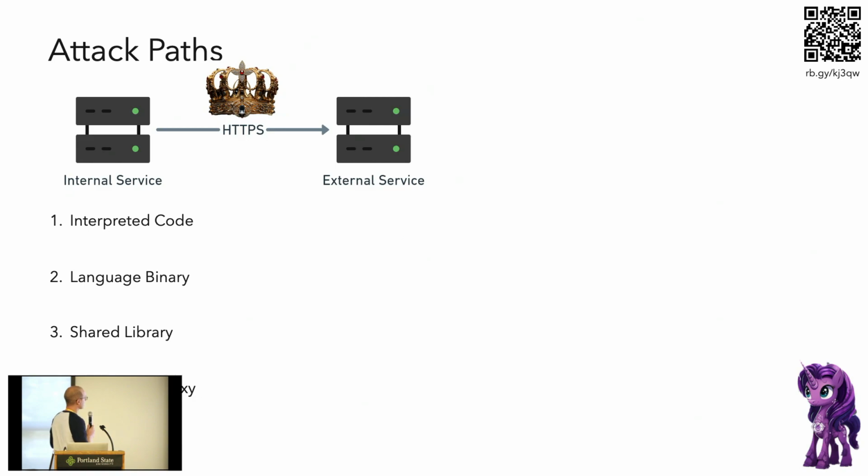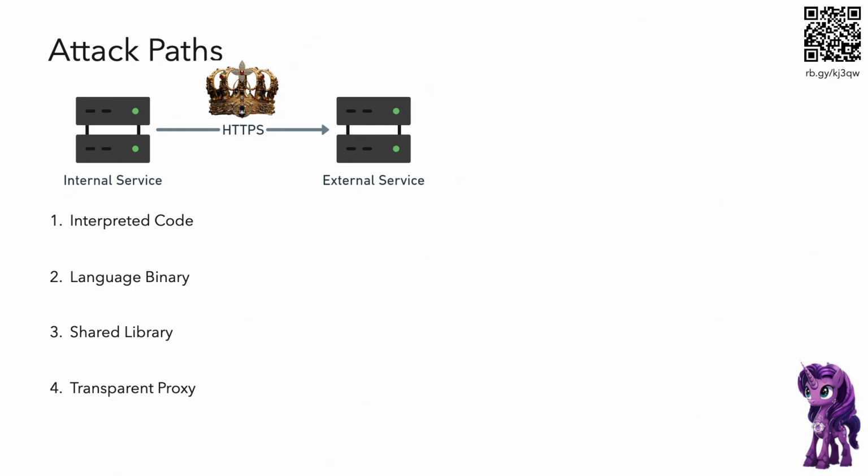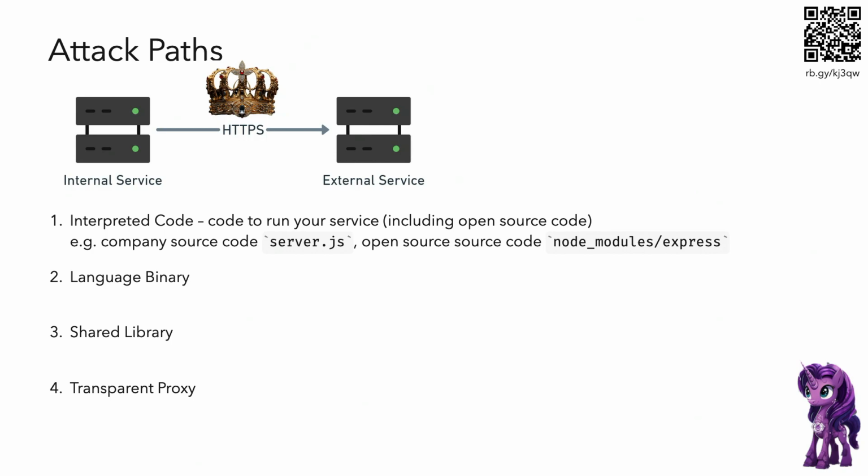So there's going to be 4. This is between the internal service on the compromised host and the external service; your crown jewels are inside that HTTPS data. So there's 4 I'm going to walk you through. The first one is your interpreted code, which is everything that your software engineers have used to make this internal service work. Maybe it's your server.js file, which is code that your engineers wrote, and then a whole bunch of other libraries, like 95% of the code is probably other people's code from open source. And then if you're interpreting code,